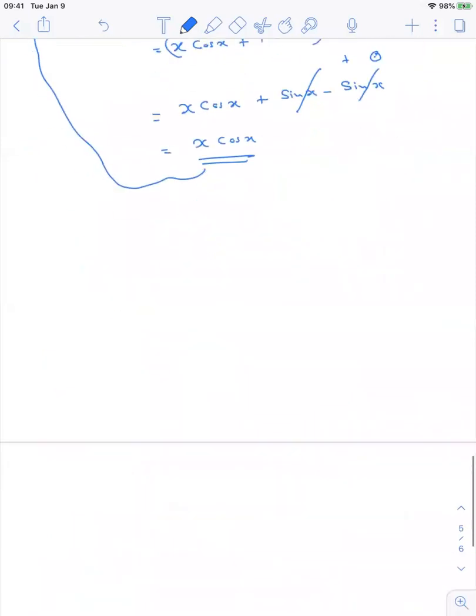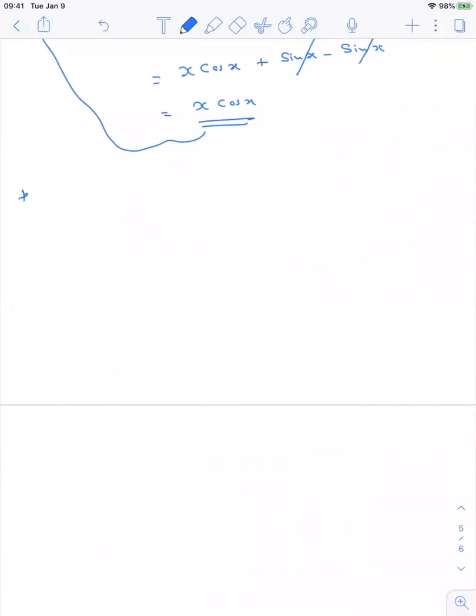So let me write that as a rule here. If you have two functions, let's say f(x) and g(x), and this plus or minus means the two functions may be added together or subtracted, so it does not matter, right? And then if you have to integrate a function like this, the answer will be, you are going to integrate